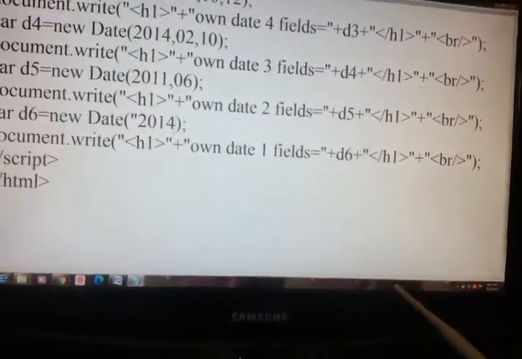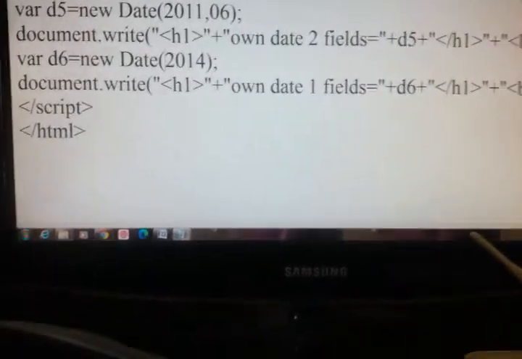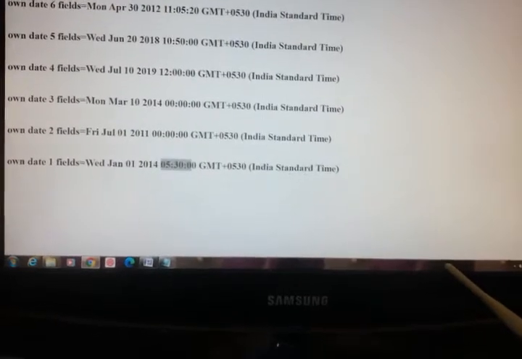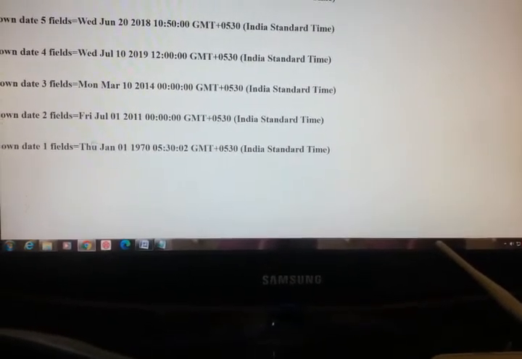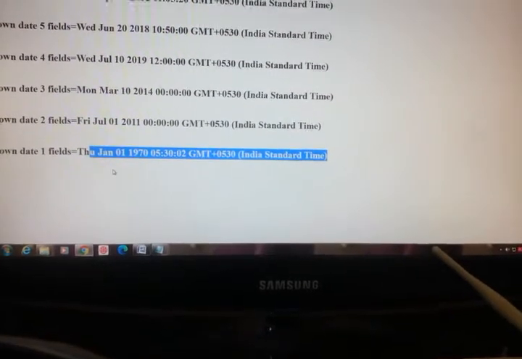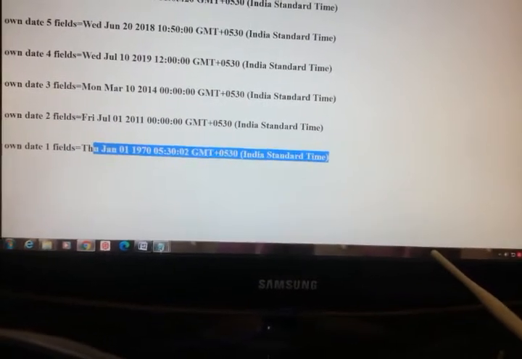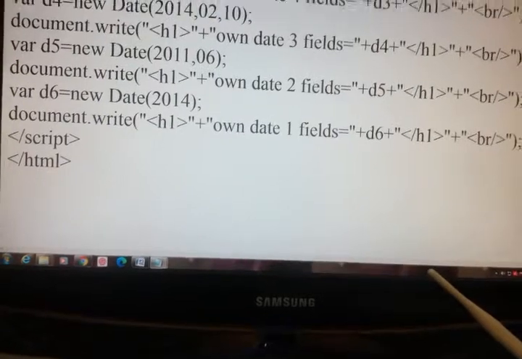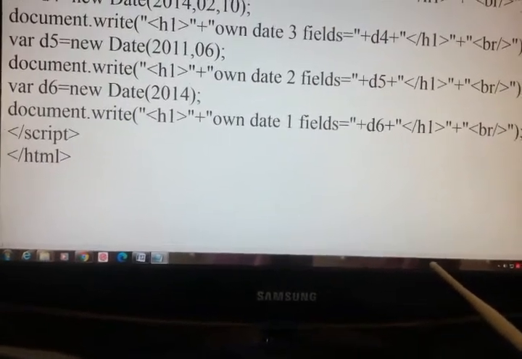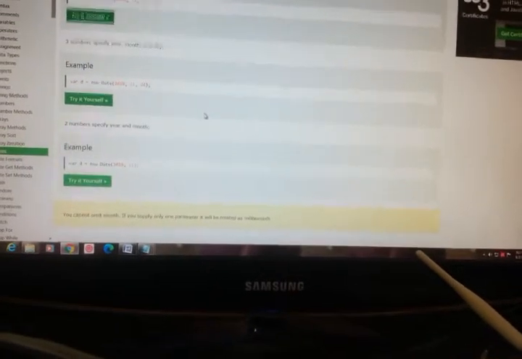If I give it as a string versus only a number, I got different results. 1970 I am getting. Actually I should get 2014. Now you'll see some more ways.